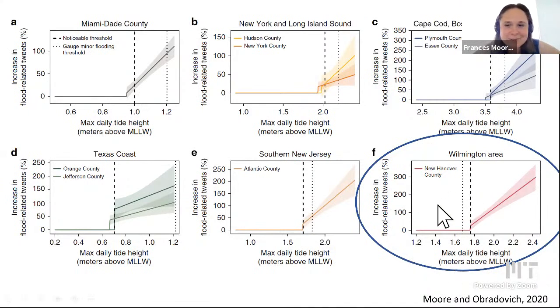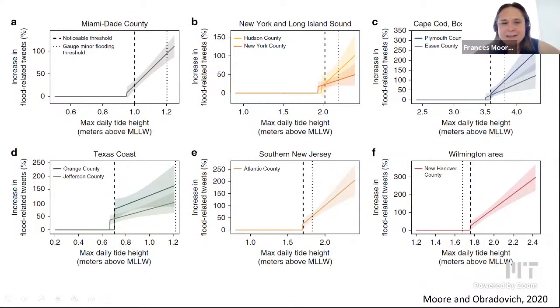And when I started to dig into this particular tide gauge, there's actually been writing from people who manage the tide gauges. It shows up in reports as having a spuriously low tide gauge threshold, and at this minor flood threshold, what's happening is flooding of a field essentially, so it's not very consequential. Water is on land, but is it consequential in the sense of a noticeable flood? The answer is no, right? And so that again is reassuring that we're picking up something real.